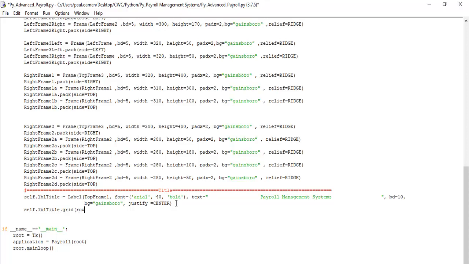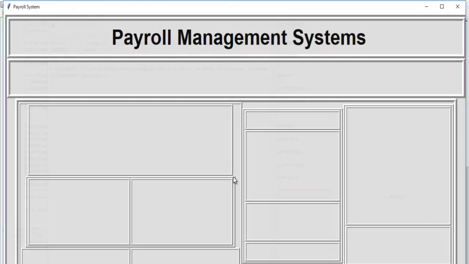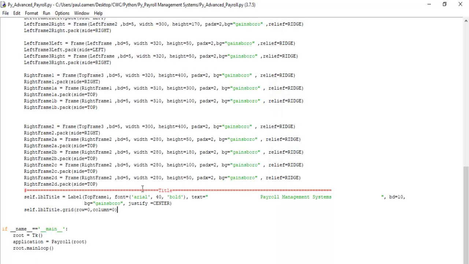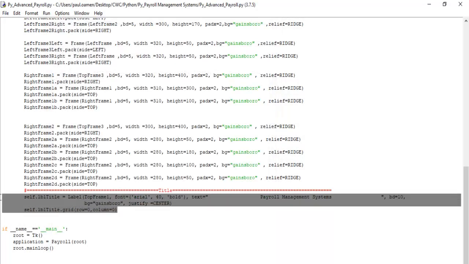It's going to be row equals 0, column equals 0 as well. Close that. I think that will be all for the title. So let me save and run it. There we go. That's my title right there. Good. So close that. Now that the title is taken care of, I'm going to copy that and just use